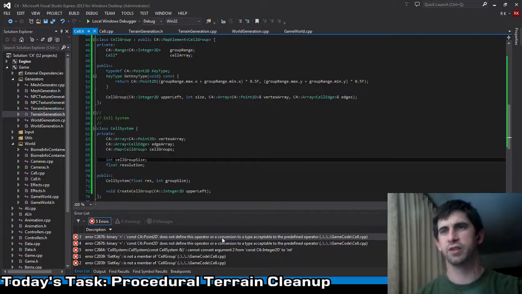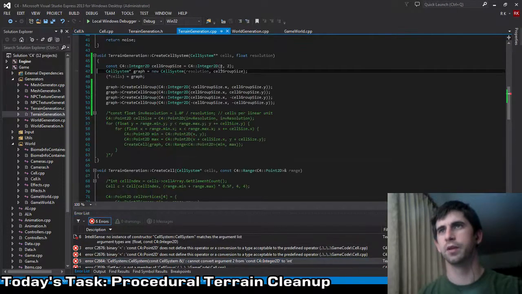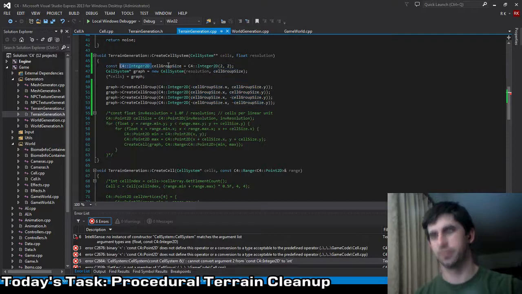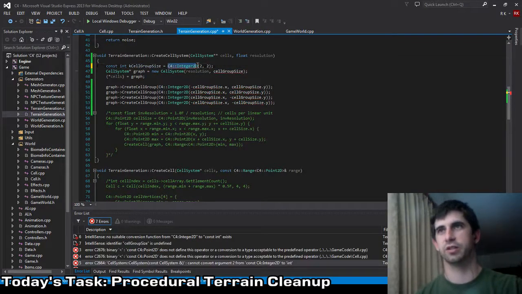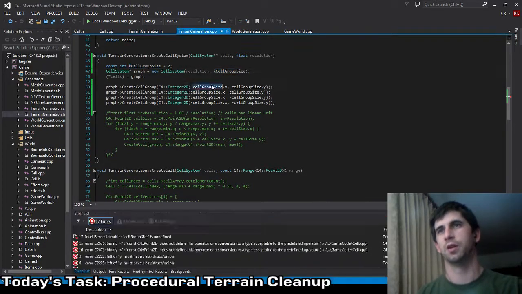Does not define this operator or conversion to a type. What? Int group size. What are you complaining about? Cannot convert. Oh. That's fine. Const int. And we'll make this, since we know it's a constant, let's just do that. We'll just put the k in front of it, just so we know. Also,